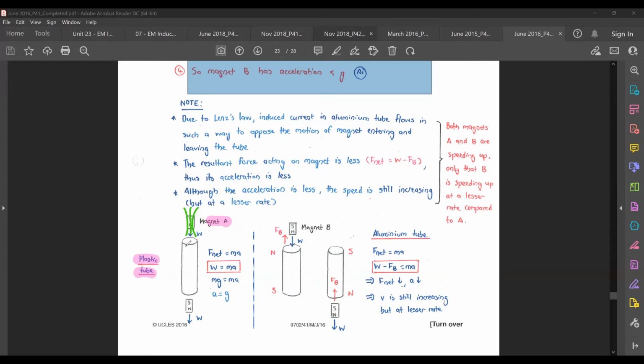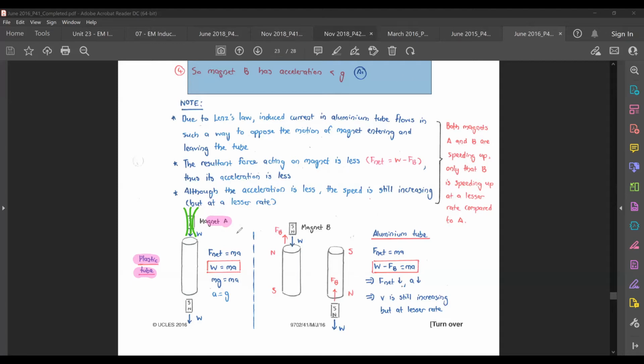No, right? So here you have a plastic tube, although you can say that the plastic tube is cutting the magnetic flux of the magnet as it falls, there's no current flowing because it's an insulator. So there's no induced current. So in my case here, my magnet A doesn't have any induced current. There's no magnetic force whatsoever trying to oppose the motion of the magnet falling, according to Lenz's law. Lenz's law won't come into play here in the first place because you don't have induced current. So what will happen is that your magnet A,